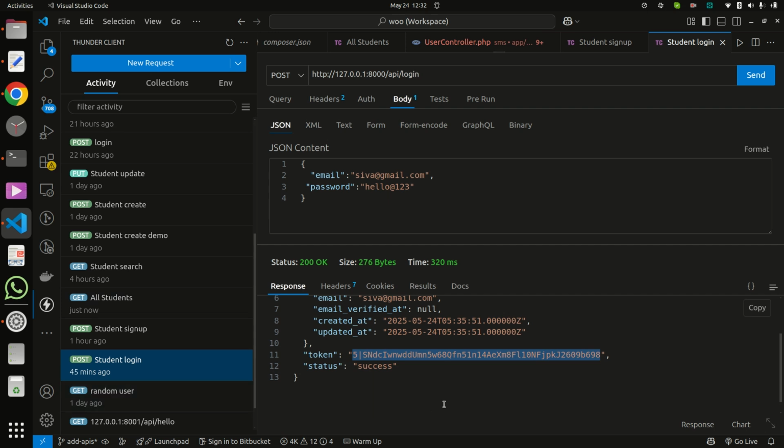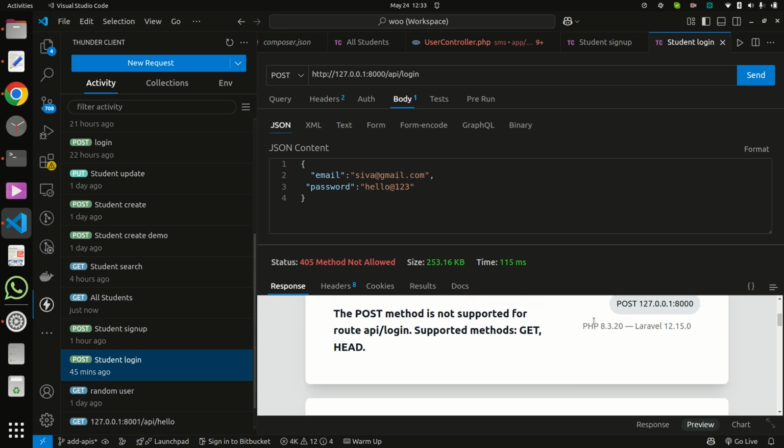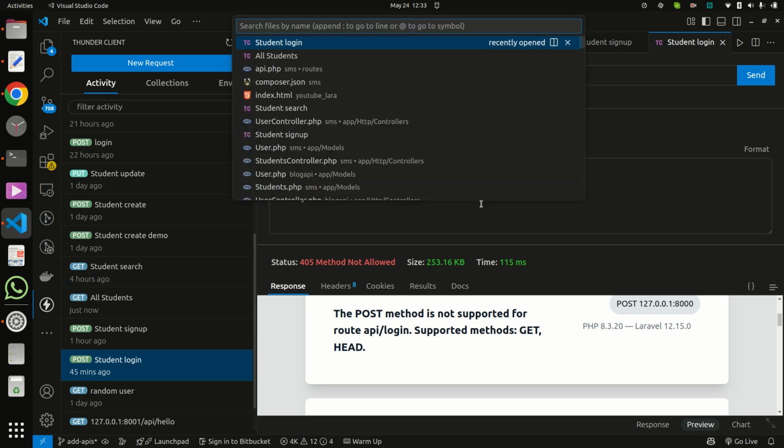Anyone can log in, a student must be able to log in. Here I am passing email ID and password. I think something is missing.